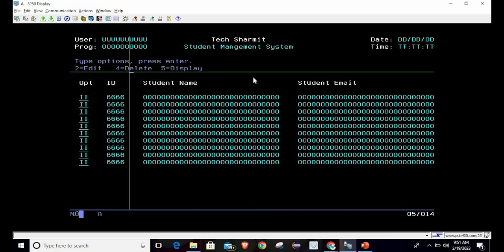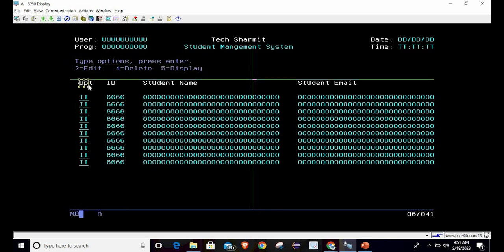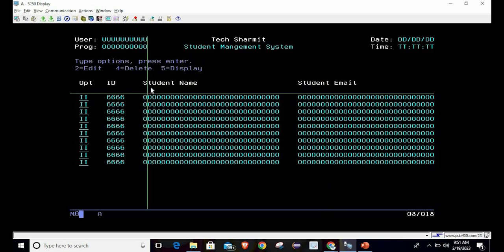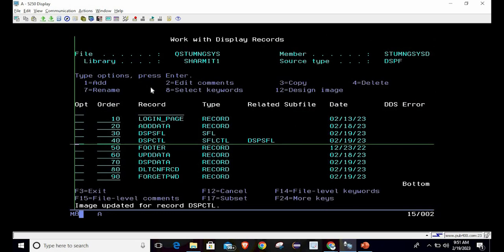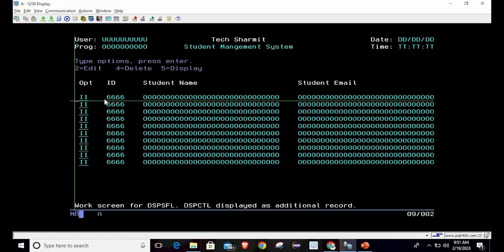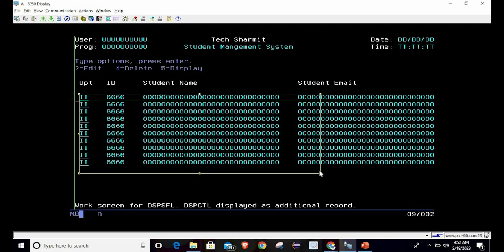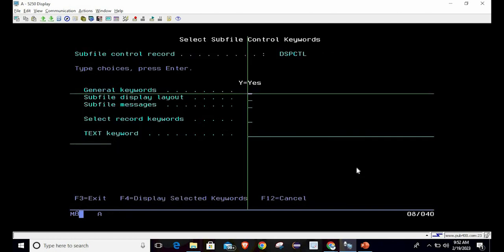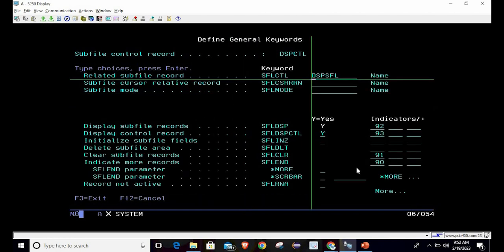Now to show the header, you can say column names. So column names I have designed this way: opt, id, student name, email. So these are the column headings. Here the data will come, and these are the headings. Fine. So this is the control portion. Once your control portion designing is done, now you can take option 12 on the SFL part. Here in the SFL part, we will keep only the buffer thing. But before that, I will show you something that we need to add here,